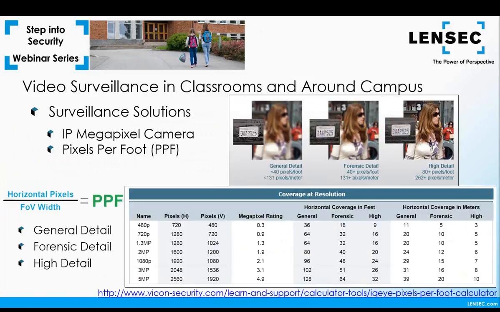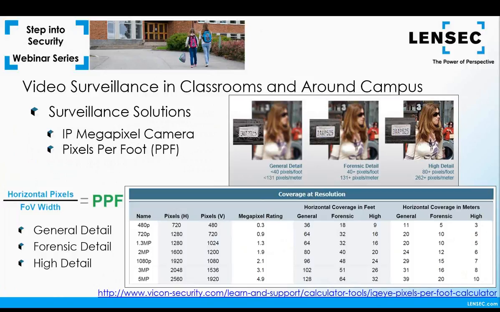When you're considering resolution, it's important to know the pixels per foot you want to achieve for any given camera location. Determining whether you need standard resolution or high resolution usually requires considering several different criteria. Keep in mind that HD resolution is not always the right choice. You have to strike a balance between the resolution, image quality, bandwidth availability, and storage availability. Some high priority areas will absolutely require megapixel video. If you're covering a large area with one camera and you need facial recognition, then megapixel video is a must. However, low priority areas with little coverage area may only need a standard resolution camera.